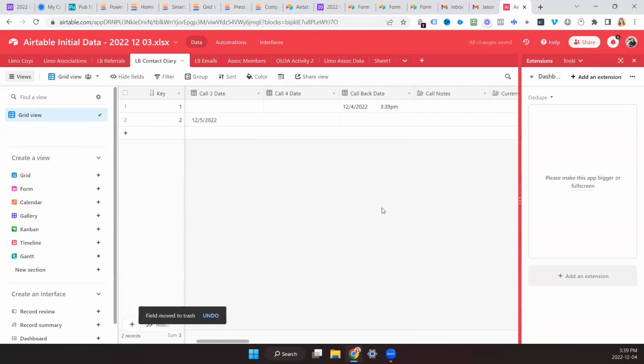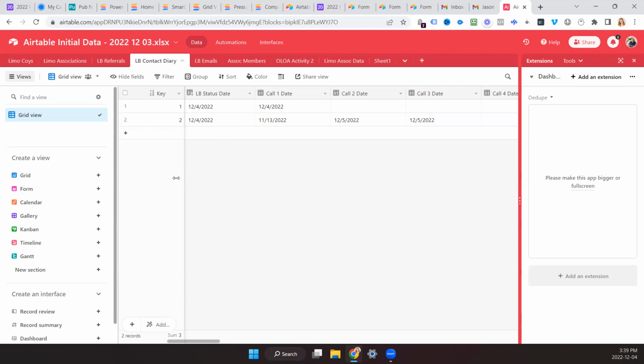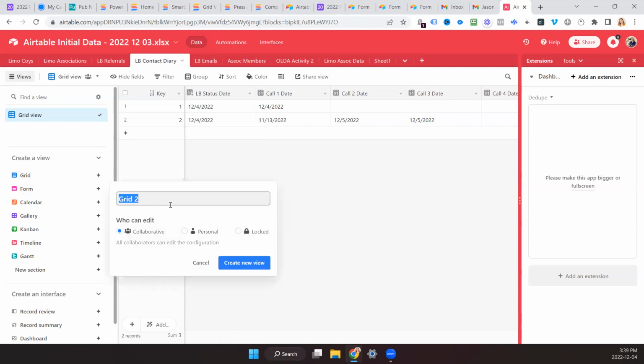Okay. So I want to kind of visualize how I would structure this if you keep it with this format. So we could have a view like to do this week as an example.